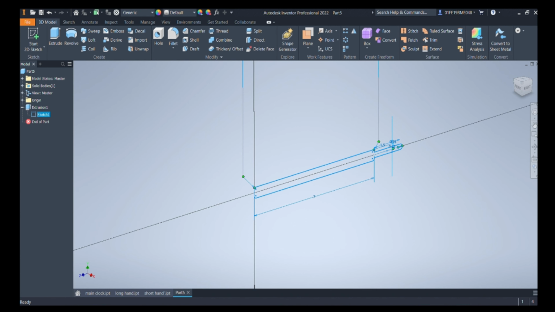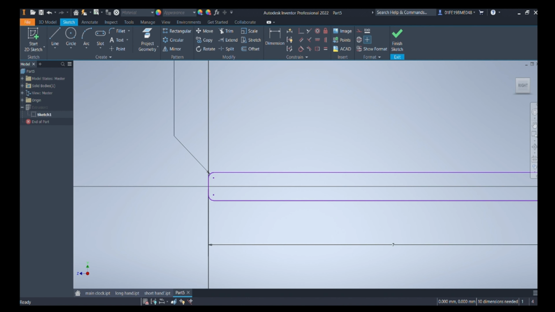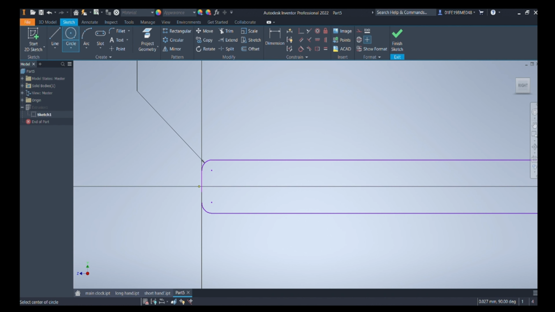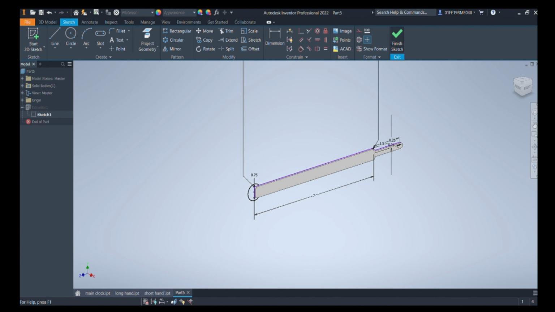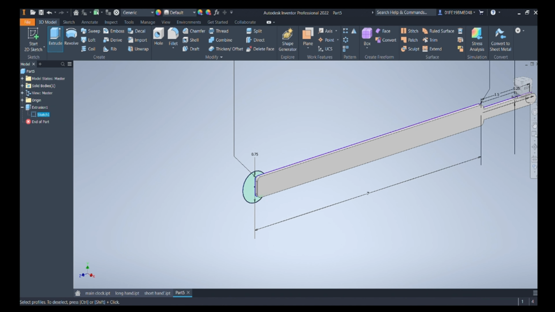Edit sketch, draw one circle which will be somewhat relative for the seconds hand. 0.75 is the radius. Extrude it. Yeah, it looks good now.